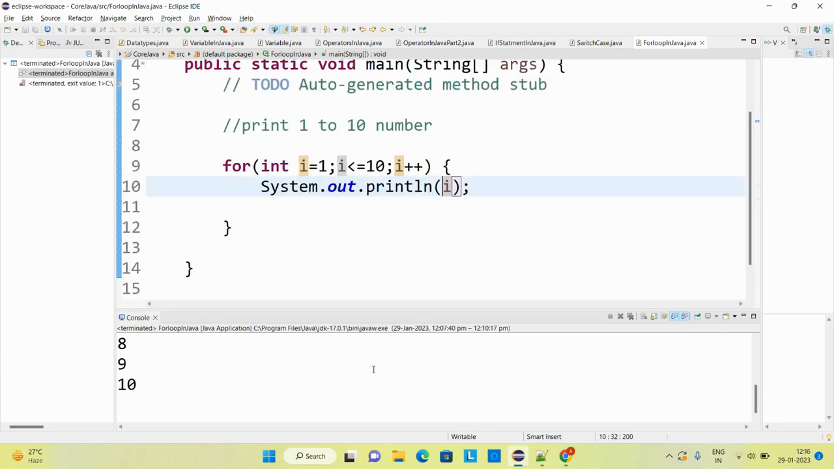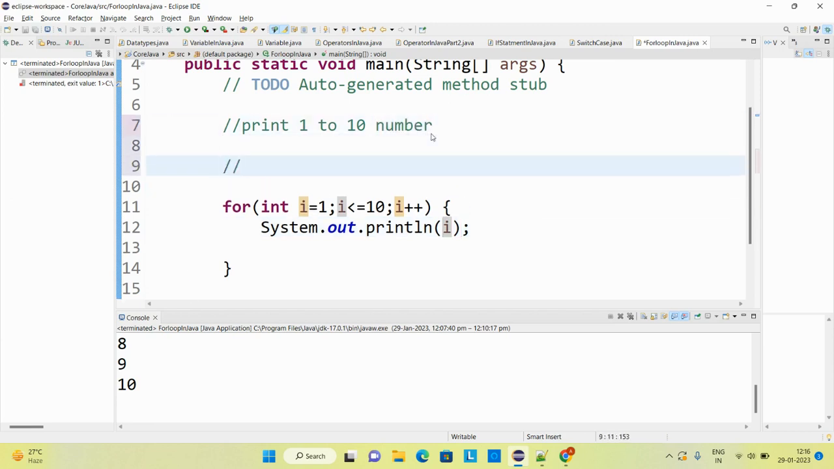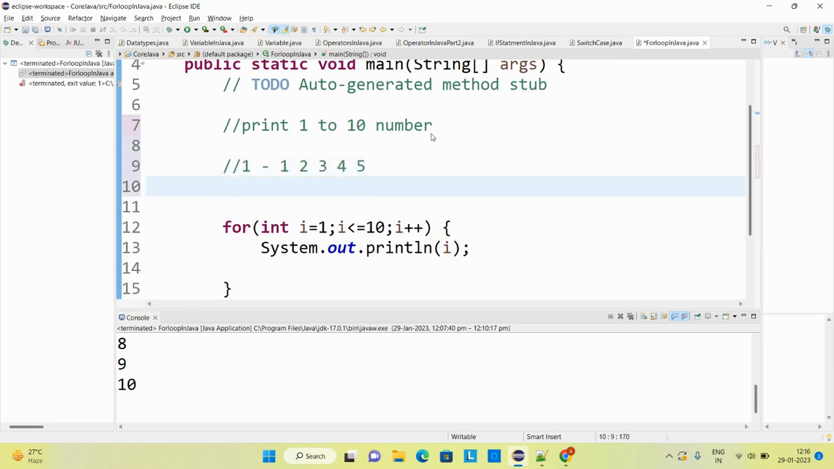Now, what I said about the inner for loop: a for loop which is inside a for loop is called the inner for loop. So now let's consider an example. I want to print the numbers like this. When I'm saying 1, it should print 1, 2, 3, 4, and 5. When I'm saying 2, it should print